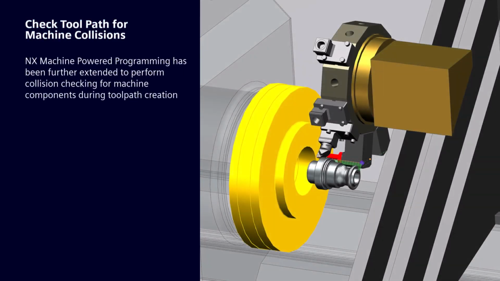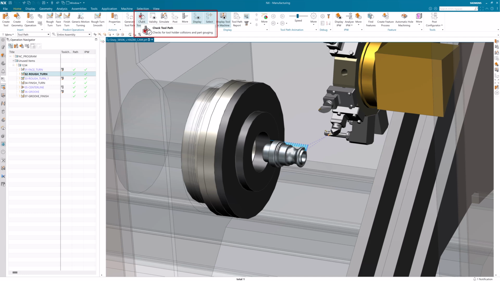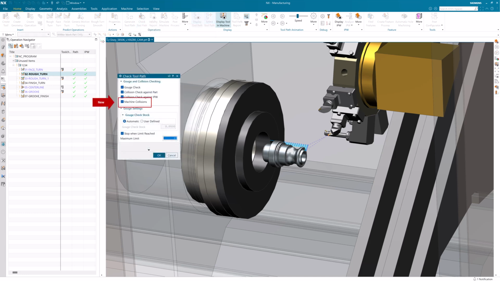Machine-powered programming. Check Toolpath for machine collisions. NX machine-powered programming has been extended furthermore of performing collision checking for machine components during toolpath creation. Check Toolpath now contains a machine collision option that enables the user to check the toolpath for collision of machine components